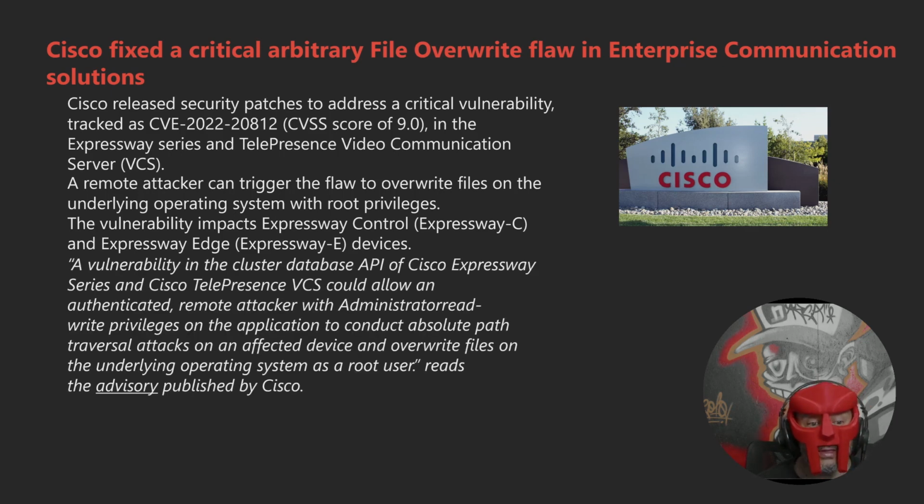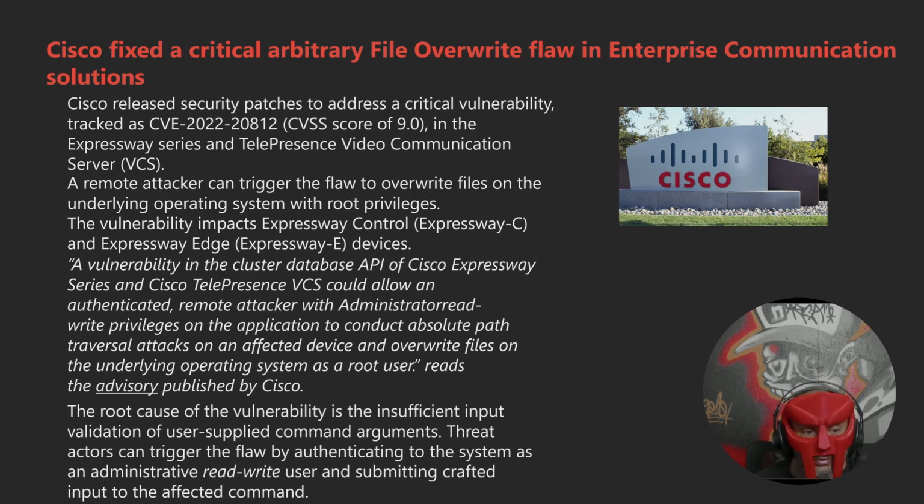A vulnerability in the cluster database API of Cisco Expressway Series and Cisco TelePresence VCS could allow an authenticated remote attacker with administrative write privileges on the application to conduct absolute path traversal attacks on an affected device and overwrite files on the underlying operating system as a root user. The root cause of the vulnerability is the insufficient input validation of user-supplied command arguments. Threat actors can trigger the flaw by authenticating to the system as an administrative read-write user and submitting crafted input